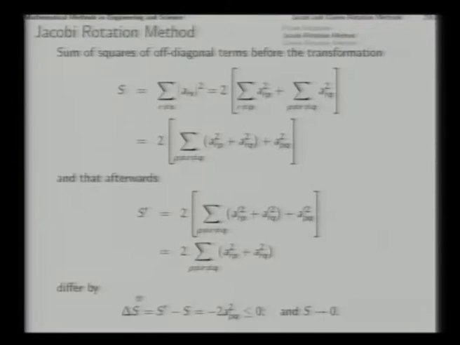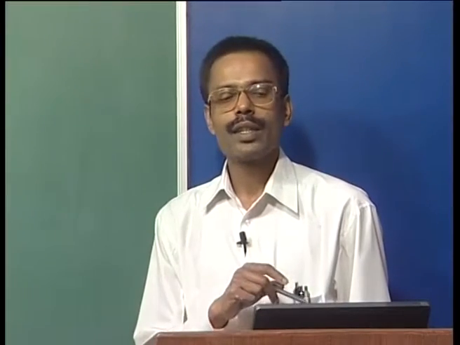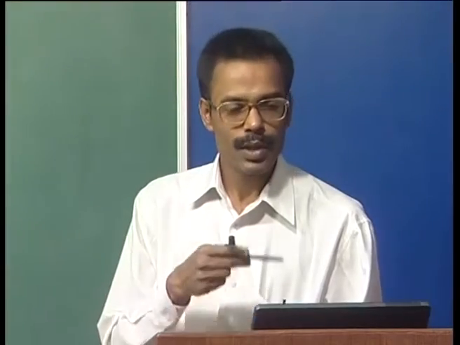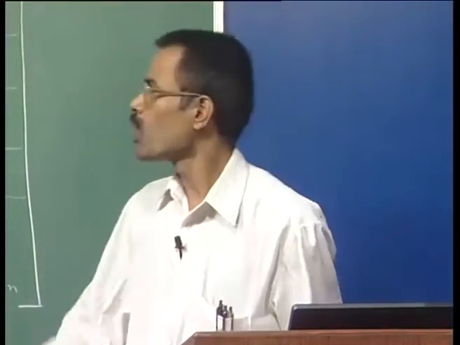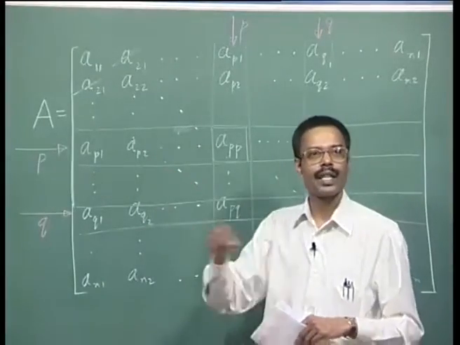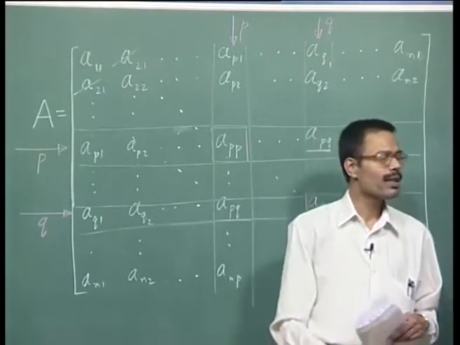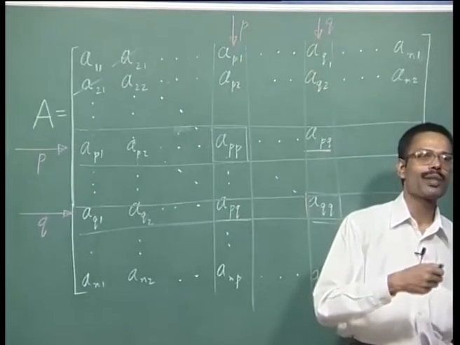And finally, after a large number of such rotations take place, this sum will converge to 0, but that may not happen in one sweep. So, therefore, there are several strategies to use the Jacobi rotation method to diagonalize a symmetric matrix. One is that after one complete sweep you start all over again and complete another sweep, and then another sweep, and then another sweep. One strategy is to go on applying these sweeps in iteration.